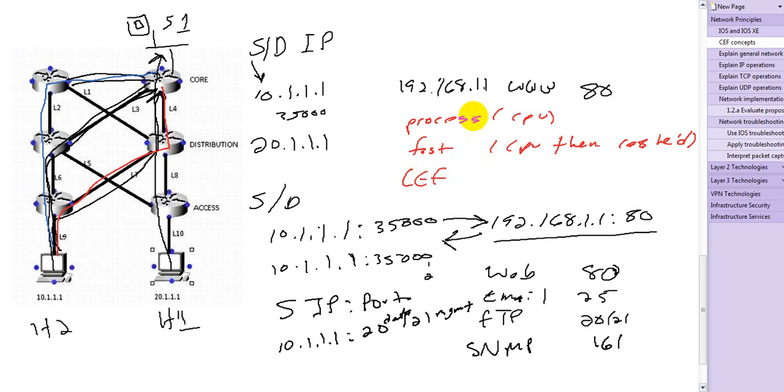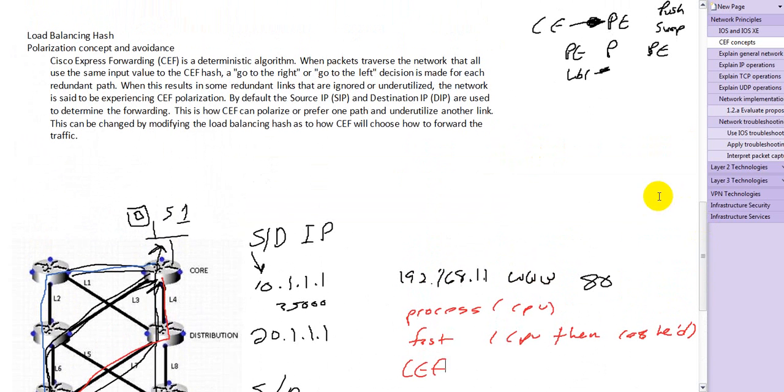That's the basic idea to it. So this is going to give you an overall idea of how things work with CEF and how to get traffic to work the way you want it to. It's not necessary to have things CEF switched. It's an optimization. Now, one little thing before I let you guys have the rest of the night off is,